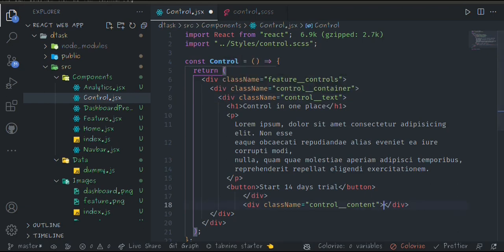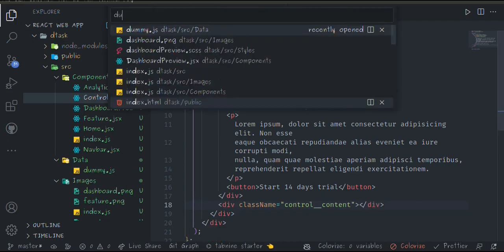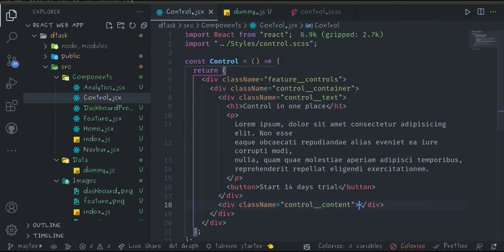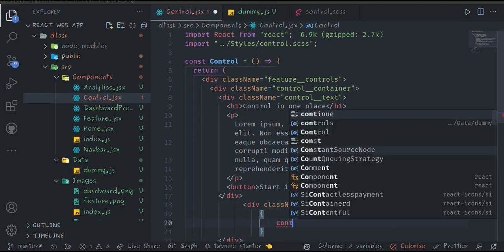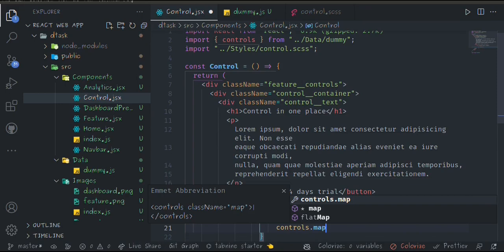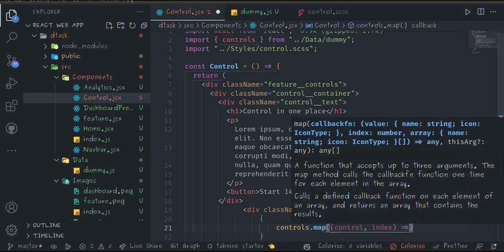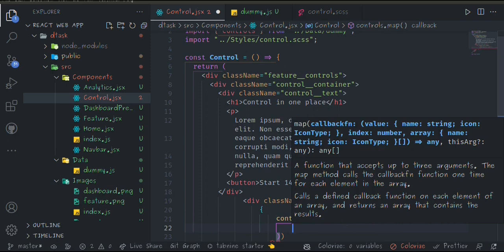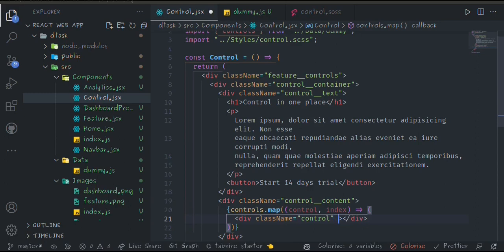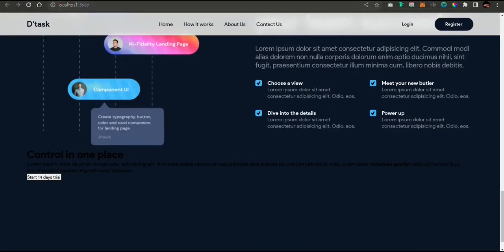So inside of my control content here, if I go inside of my dummy, I can see my controls here. So I'm going to map inside of this controls array. So I'm going to say controls dot map, and for each control, and I'm going to take the index, I want to return a div of control without forgetting to pass the key of index. Yes, that. So now inside of our control here, first thing first we want to have